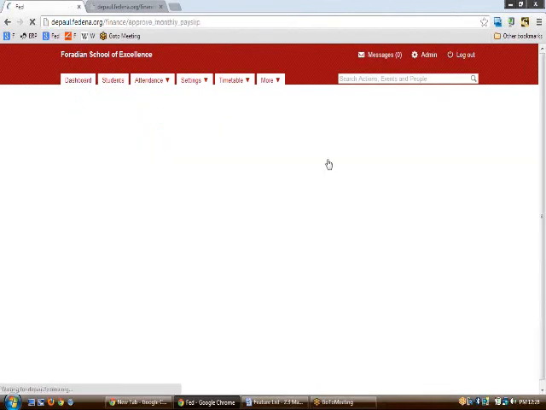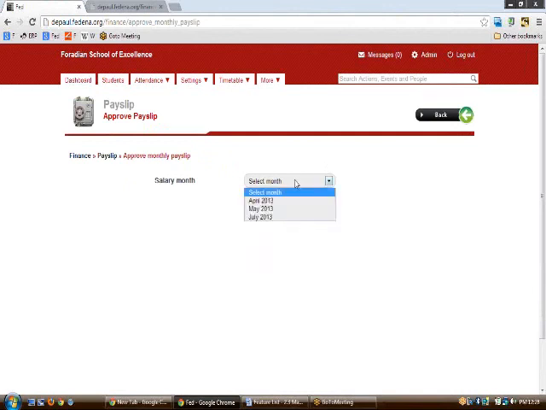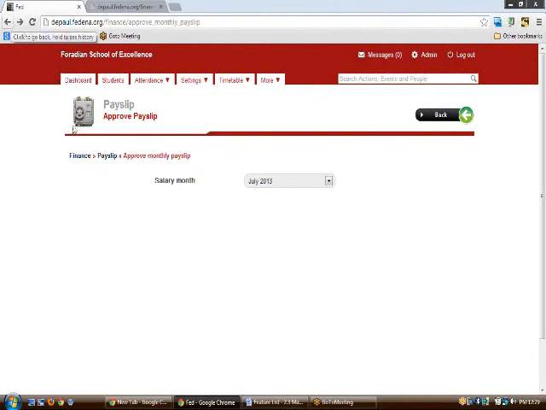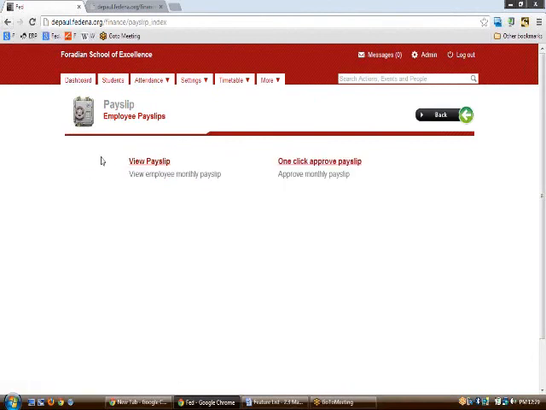Now we have one-click monthly payslip approval. So let us say that you have some kind of payslips where you need to do it monthly wise. In a normal scenario, we have the monthly payslip generation. So to do that, you can just go to the particular month and click. If this is already approved, then you will get a button called already approved. If it's not, then you will get a button called approve. This is how the payslip works in Fedina.